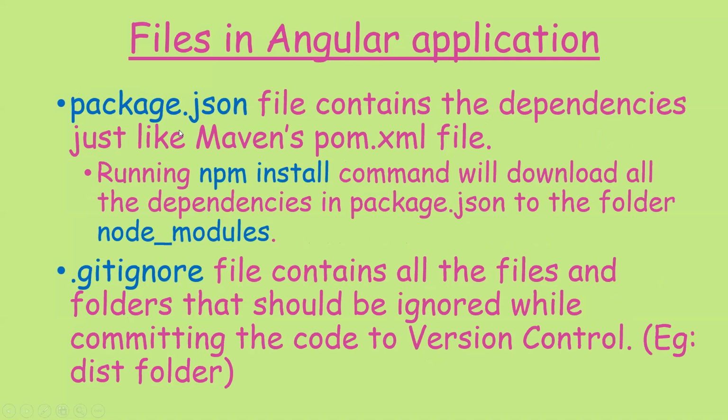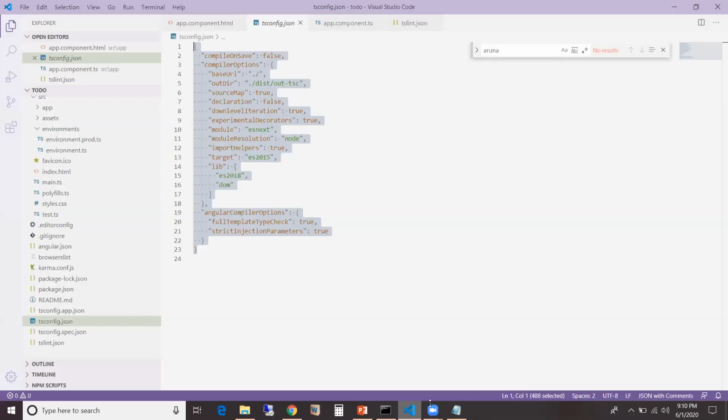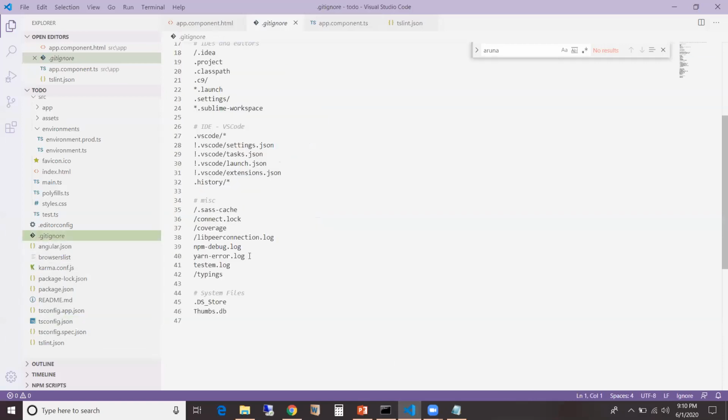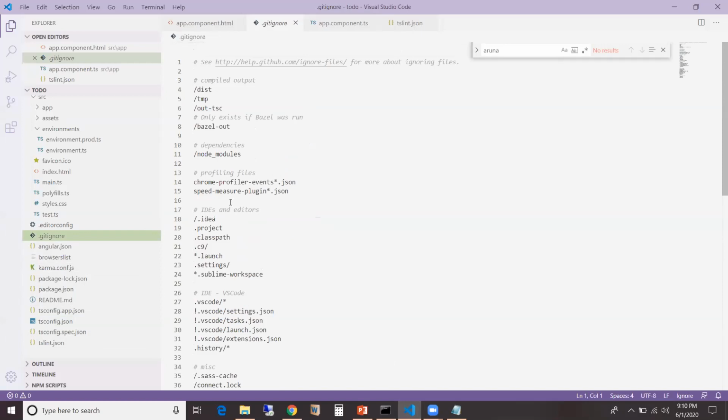And we have already discussed package.json. And then we have the .gitignore file. So let's go there. This file contains the files and folders that need to be ignored when we commit our code to version control.